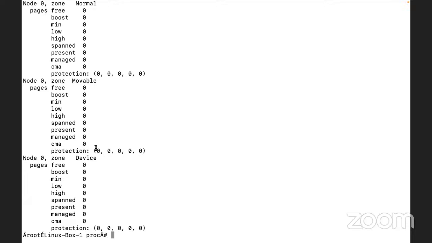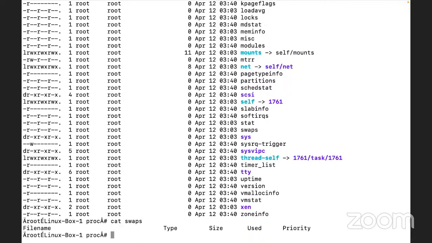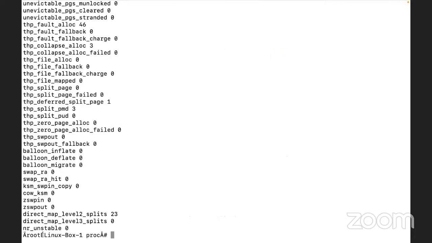Yes, sir. When there is some data available in this file, then why does it not show any size?